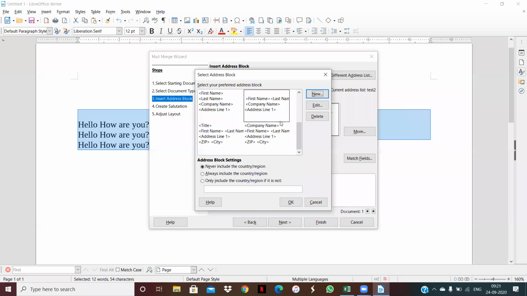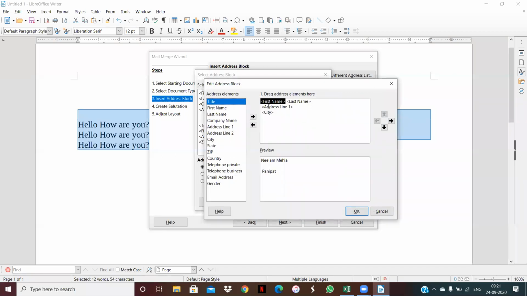Suppose this is my address block. You can see first name, last name, company name, and address, but we didn't fill the company name. First name, last name, address line 1, and then city. Okay, now you can see here is first record is here.